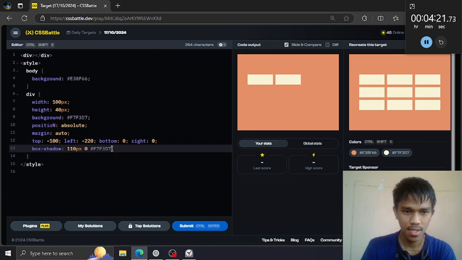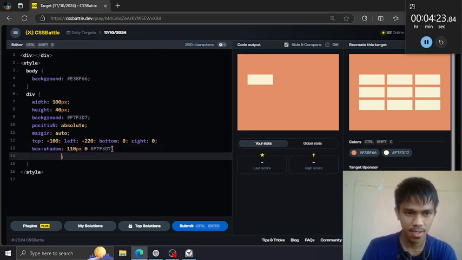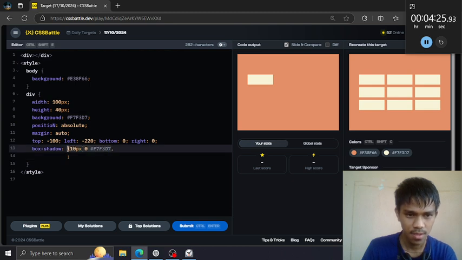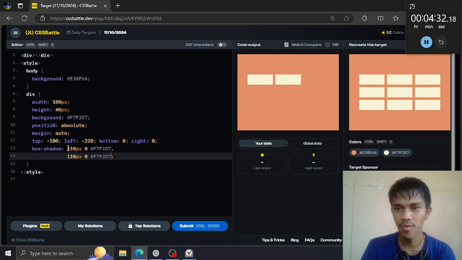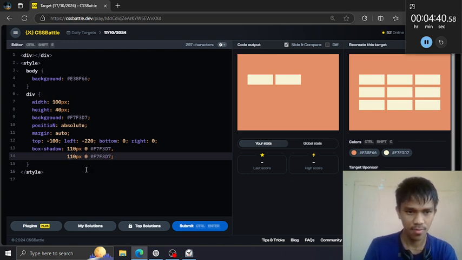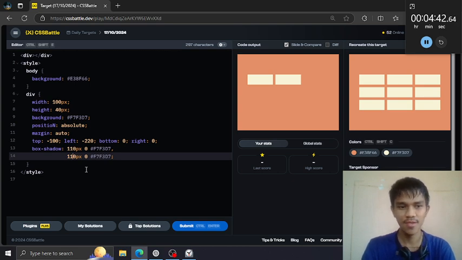So right now, let's just copy this first line of box shadow, paste it here, and since this is moved 100 pixel on the right, let's just add 110 pixel again. So 110 plus 110, 220. 220, right? And then we already got the